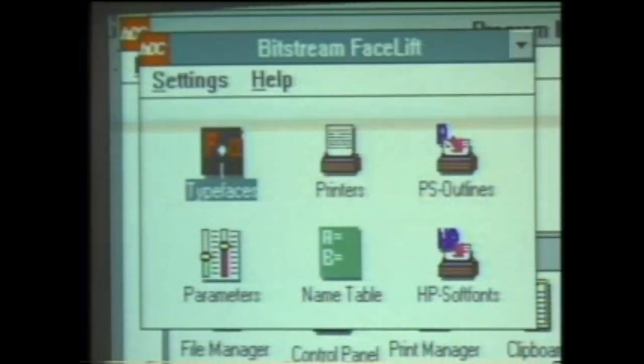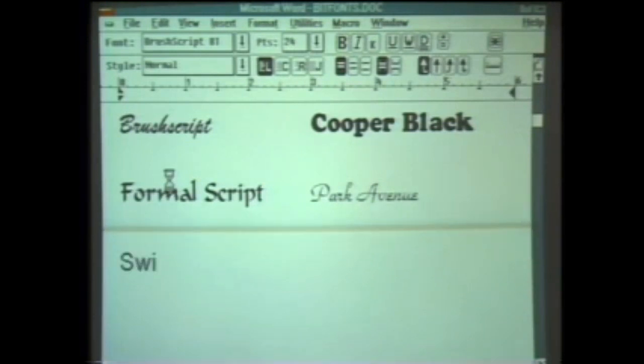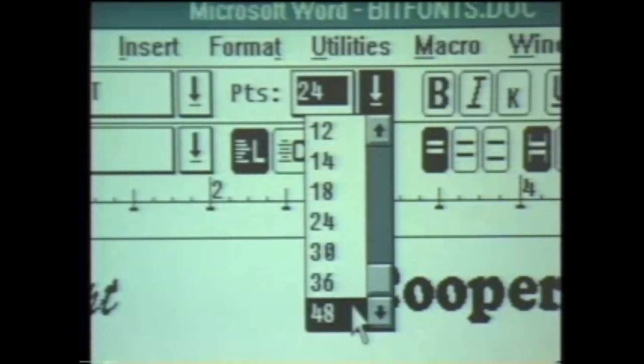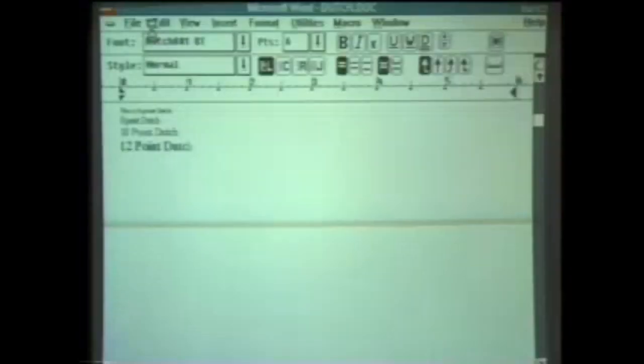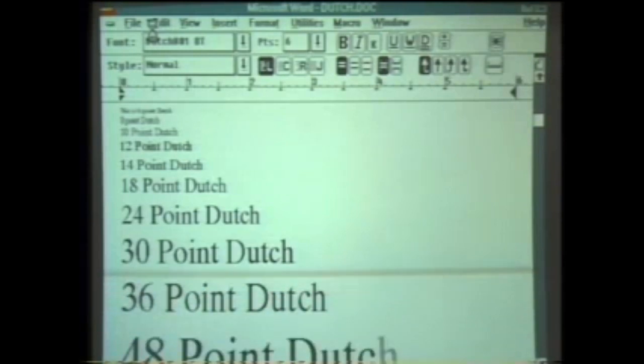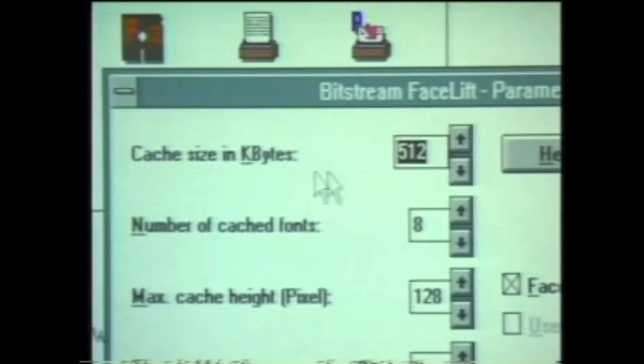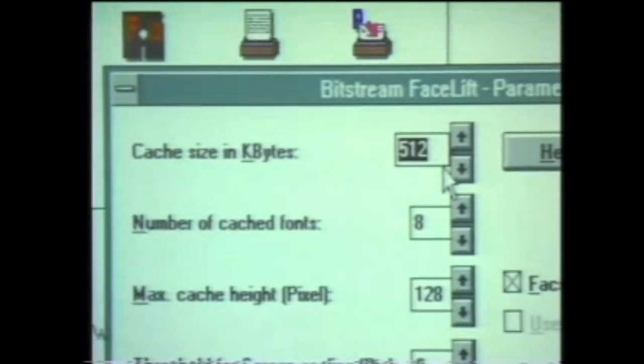The best one we've seen is Bitstream's Facelift. Now, it's easy to install. Facelift adds 13 high-quality type fonts to Windows applications like Word for Windows, which we're showing you here. And these are scalable fonts, meaning they can be any size from 6 points up to 128 points. The size depends on how much memory you can make available for font generation. Now, that may mean dedicating 512K to this program, but like most Windows programs, a lot of memory is par